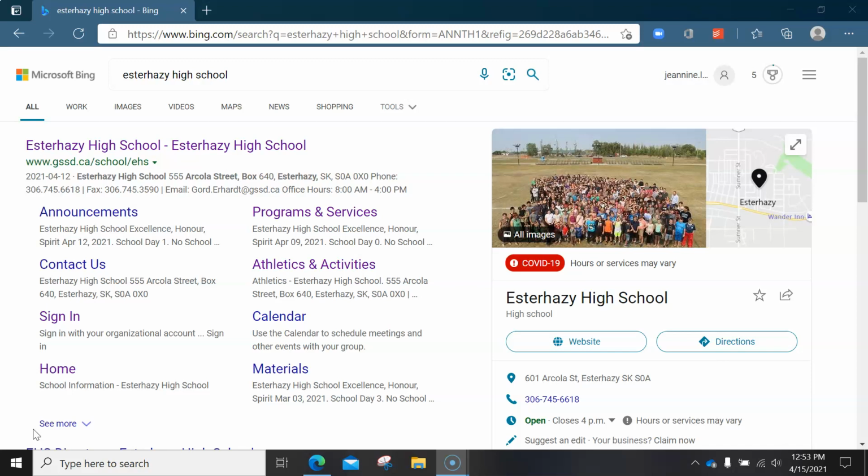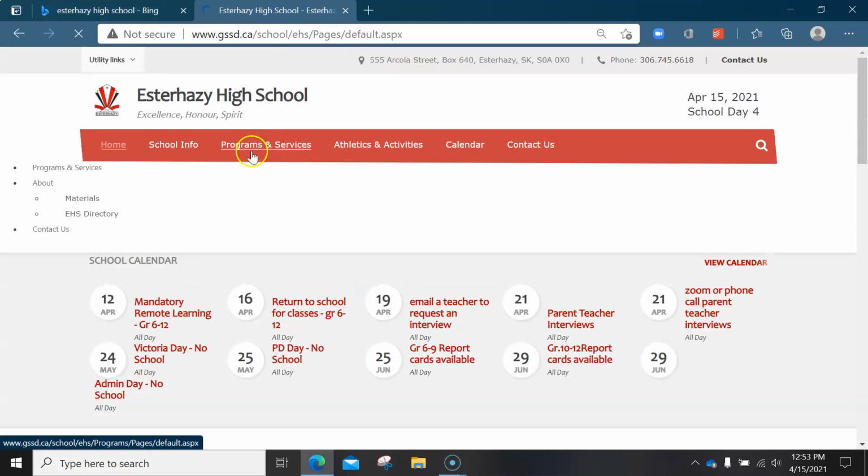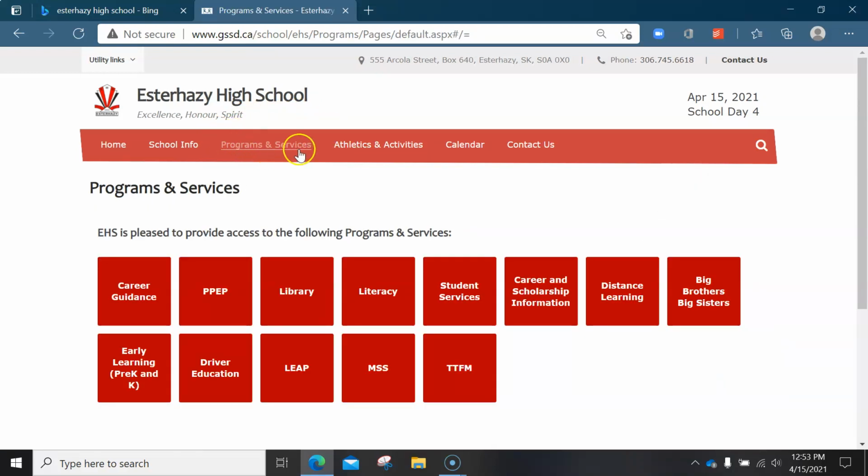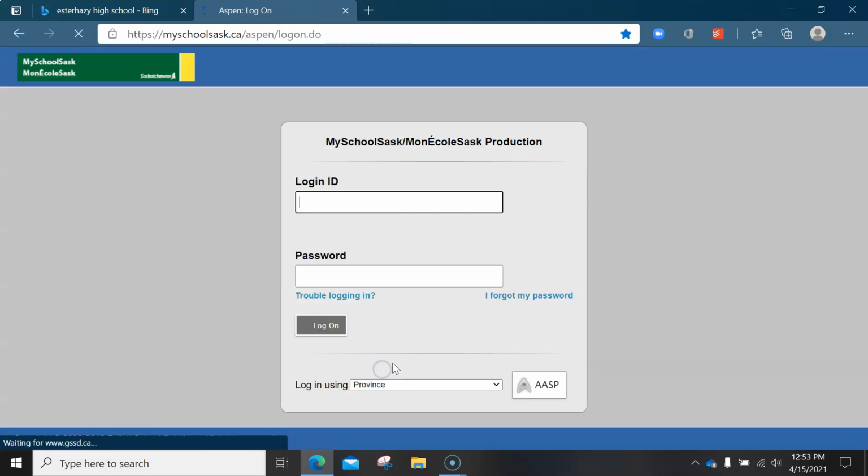So first things first is you need to go to the Esterhazy High School website. And once you're there, there is a tab on the top bar, Programs and Services. You're going to click that and then go to this square MSS or My School Sask. Now you're going to use your login. So this is like the login that you use to get into everything at the school, like Chromebooks or the computers. But you're going to use